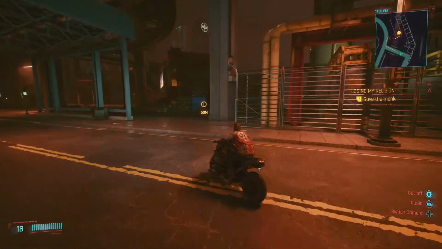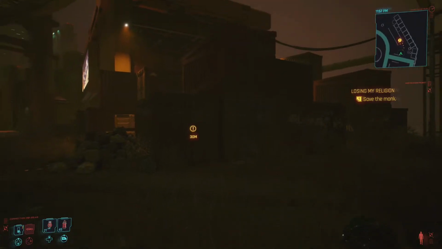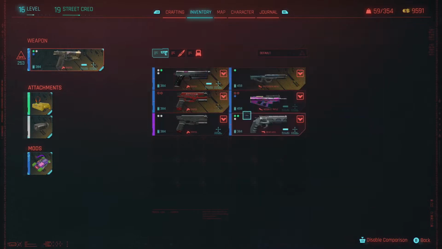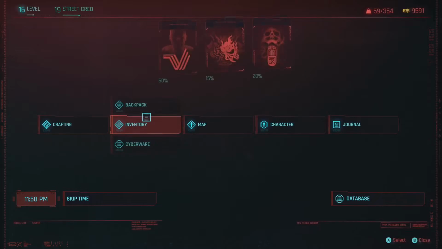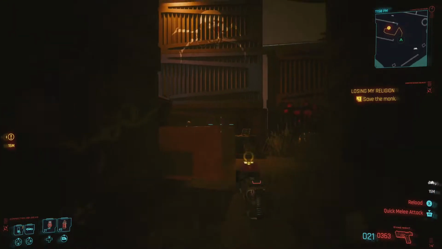Alright, so the monk doesn't want us to kill these people. Of course, I don't know if I'm going to oblige. I'm going to try to oblige the monk's request not to kill people, but don't hold your breath. This weapon is so out of date. It is insane. Can I upgrade it real quick? Let's see, go to crafting. I don't know if I got the resources. No, I do not. So it looks like I can't pull this off because I don't have a good pistol to do this with,